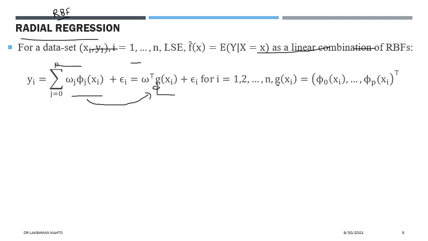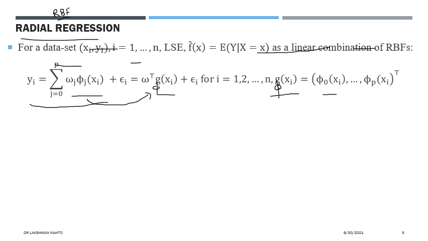Phi, same notation, it will be good. There is no phi notation. So here phi of this basis, we are calling it basis, and it has the components phi naught of xi up to phi p of xi. So it is defined with respect to the ith sample. This linear model we are defining with respect to the ith sample.